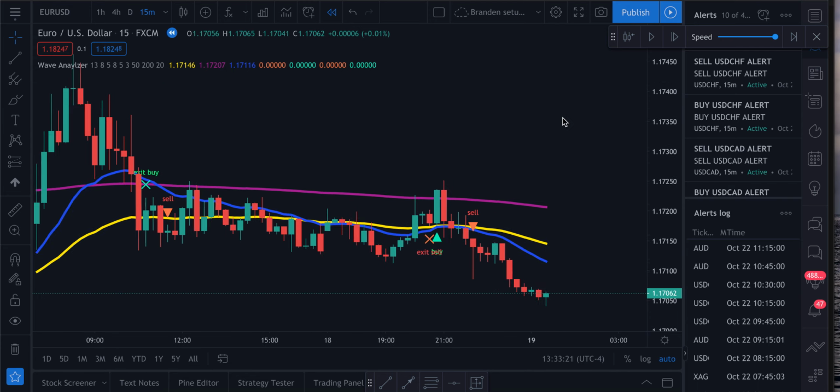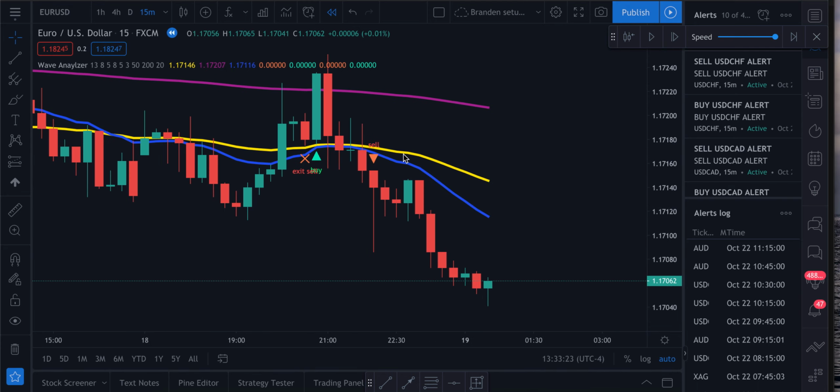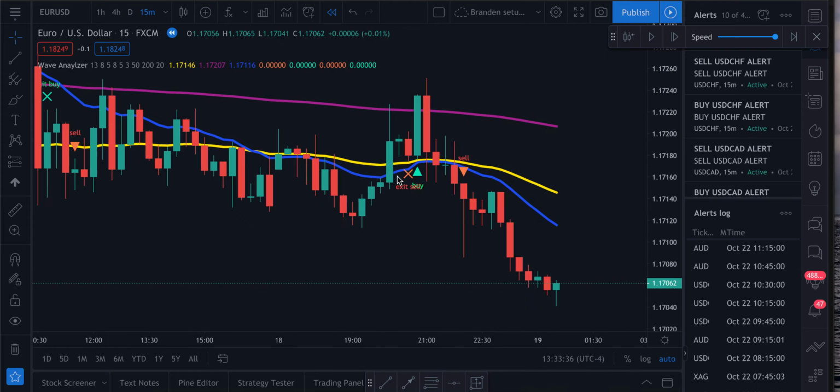So the simple rule is, before you even look at the trade, all three lines have to be above. When it calls a sell, all three lines have to be above this candle for a sell. For a buy, all three lines have to be below. So, for example,